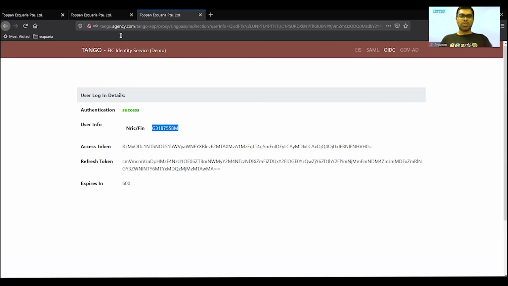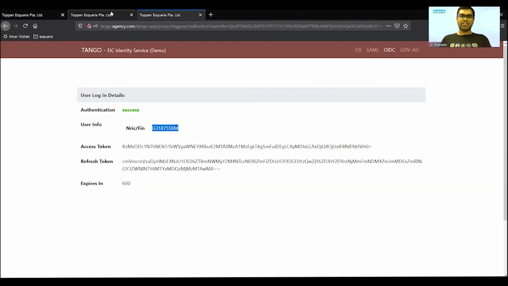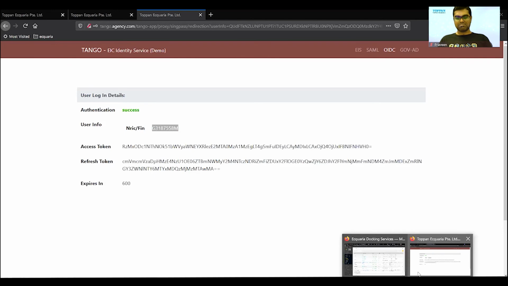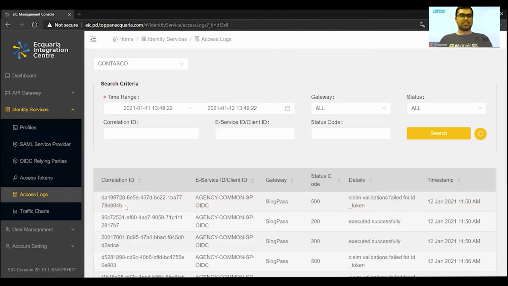If you can see, both applications use the same digital service ID, both use different credentials to log in, and it was successful, right? So this is one of the other scenarios which we wanted to cover in the demo part. So in all, as you can see, we have covered the major scenarios which all the applications are looking forward to. And I want to show you guys, at the last part, the access logs, which Celine mentioned in